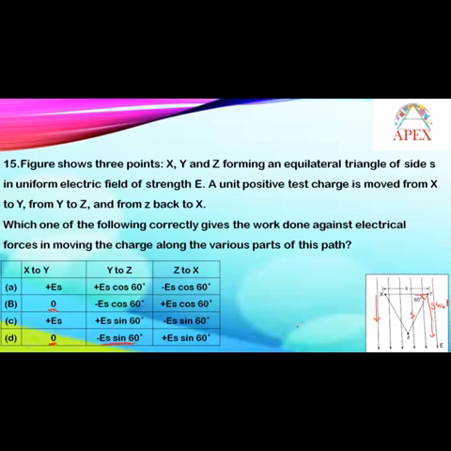And in the third case, from Z to X, that is also the same length S only. Of course, here also the angle will be 60 degrees. So this length also will be S sin 60, so that also will be ES sin 60. Why? Because V is nothing but ED. So based on that, ES sin 60. But if you bring it from Y to Z, it is negative, and if you bring it from Z to X, it will be positive. Hence, the fourth option will be the correct answer. Okay, thank you.